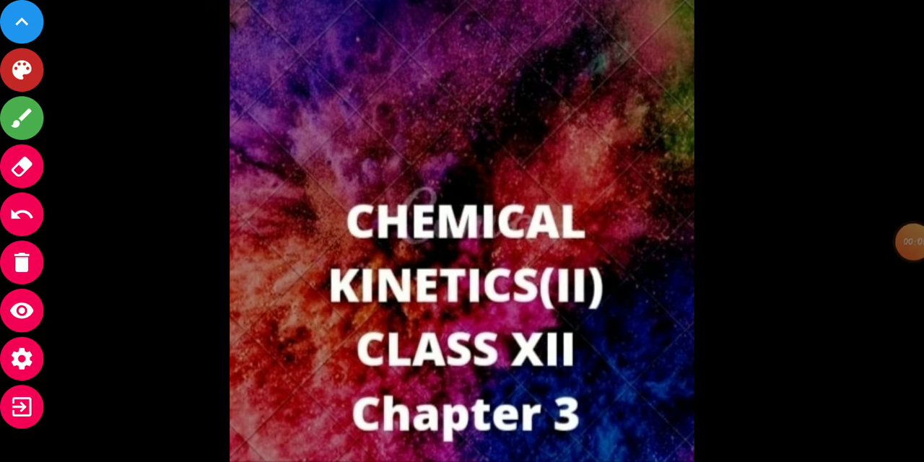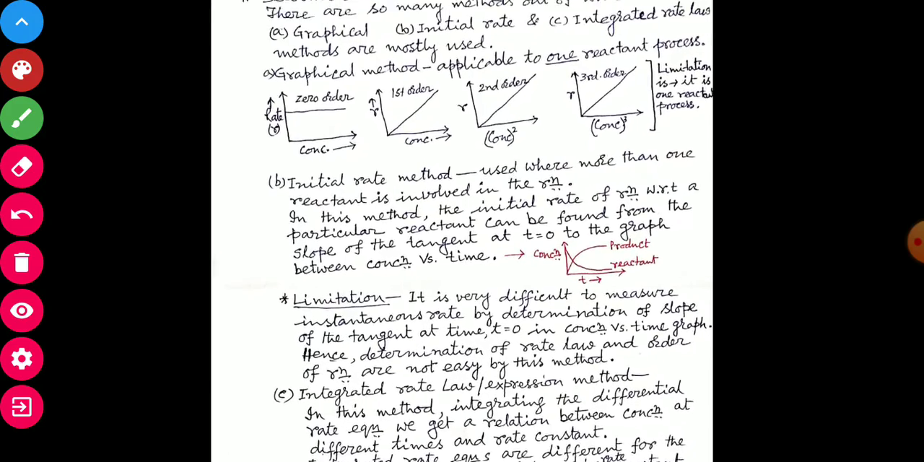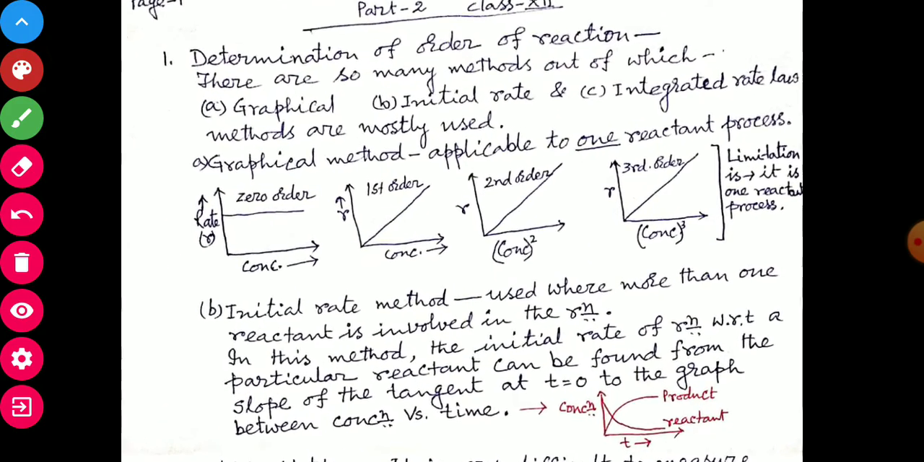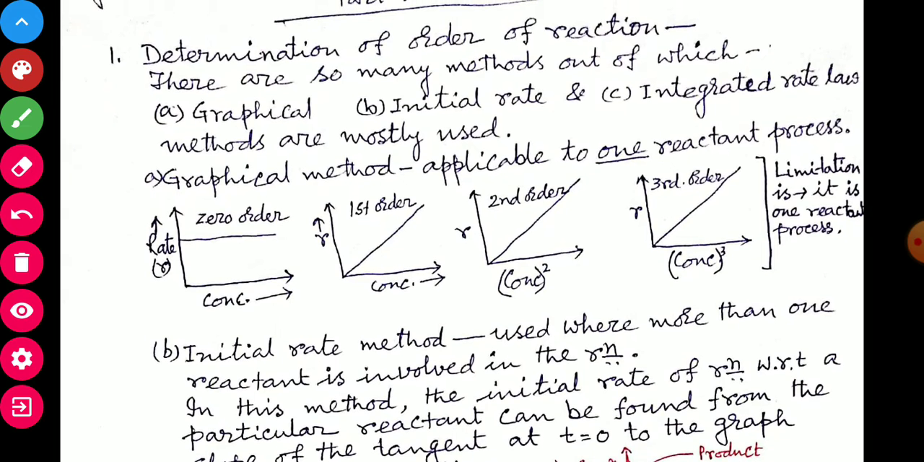Hello students, today I will discuss chemical kinetics part 2. In this part, we will discuss determination of order of reaction. There are so many methods, out of which the graphical method, initial rate method and integrated rate law method are mostly